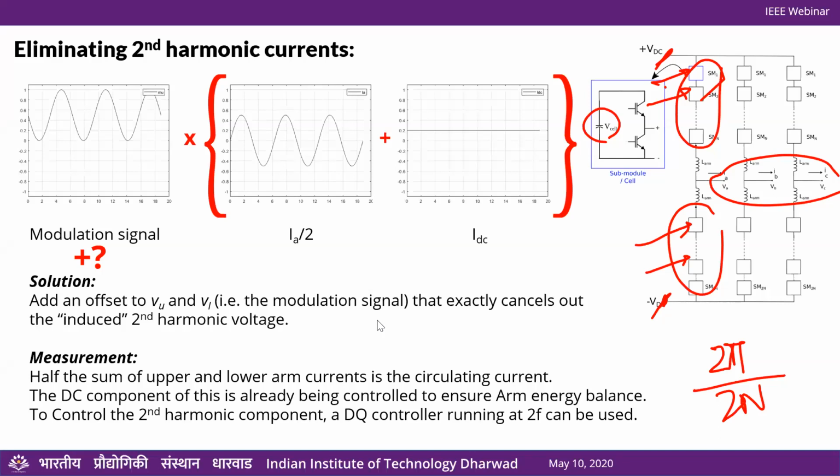And to do that, you need modules that are other than half bridge. Half bridge cannot generate negative voltage, so you cannot do anything. So things like full bridge modules, or there are some kind of cross-connected modules. There are a lot of other topologies for modules which can do that. So those are required to do